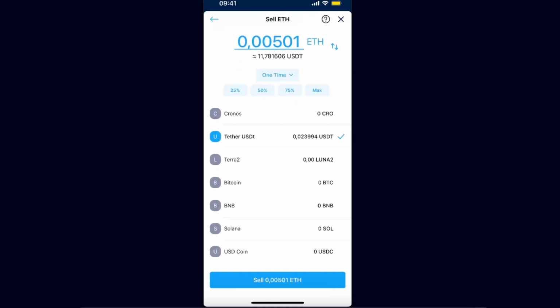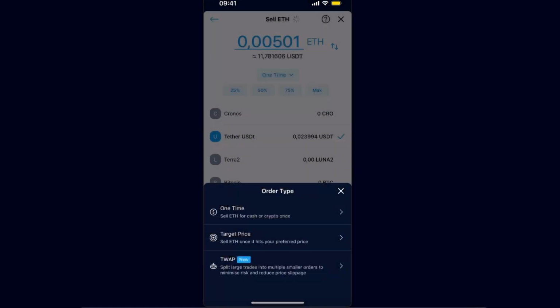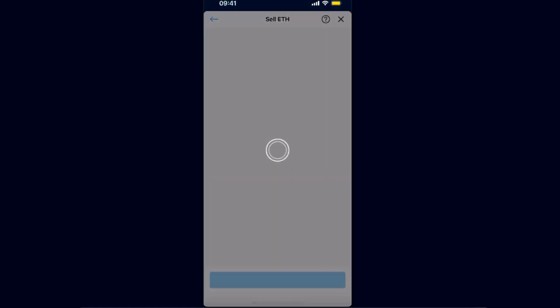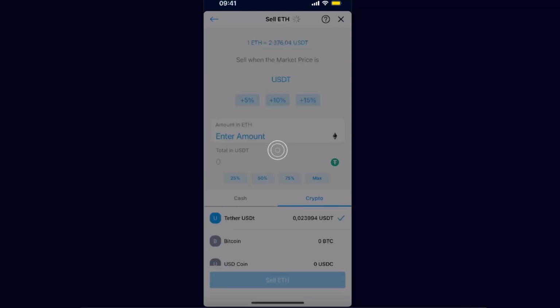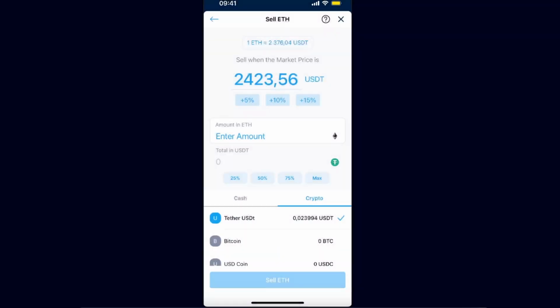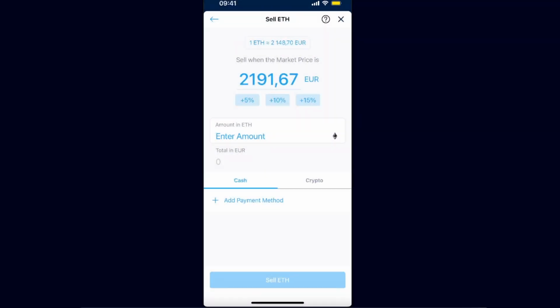But what you can also do is go ahead, click on one time and choose target price, for example. Now you can go ahead and target the price when it hits that much. As you can see, you can go ahead and cash it out to your